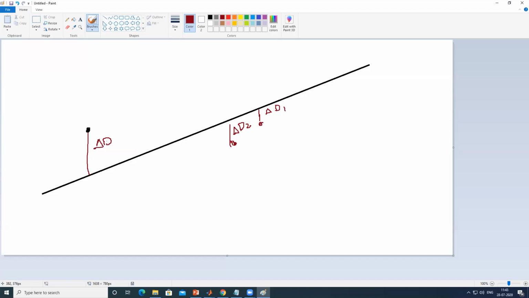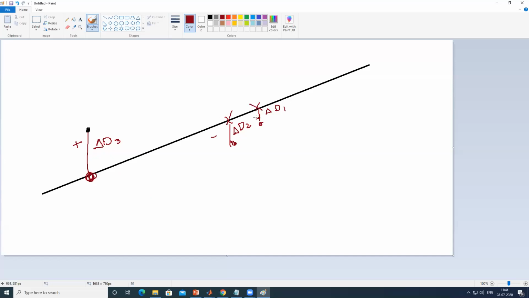If I calculate taking a positive difference as positive and a negative difference as negative, there can be a chance that the sum delta D1 plus delta D2 plus delta D3 can be 0. But that 0 doesn't mean that all these 3 points lie on the straight line, because obviously they are far from it.